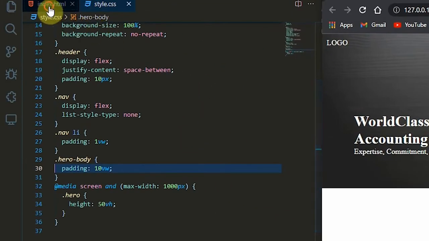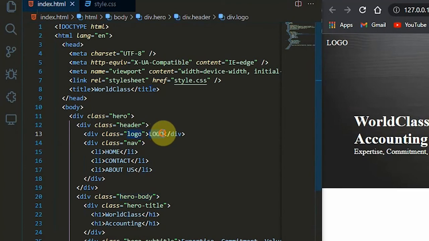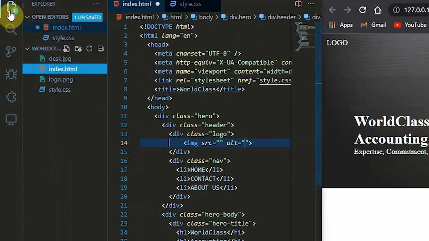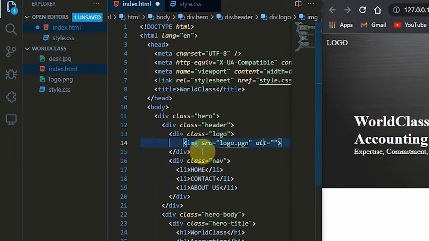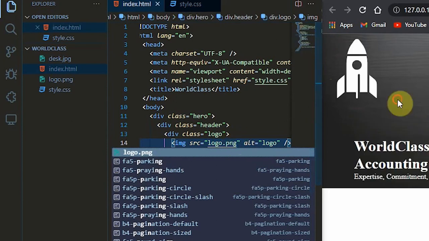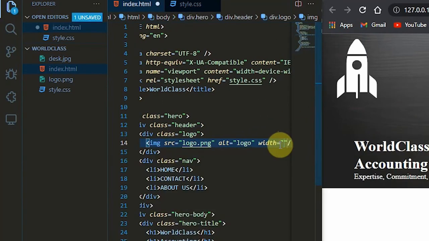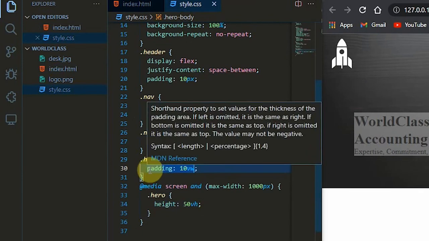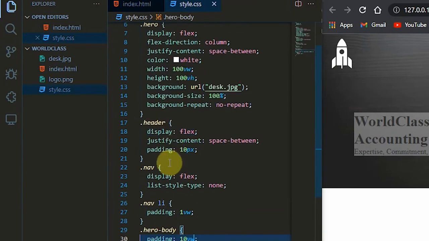So let's go to index.html. Here I mentioned logo, but I will change that to an image. For the source I will give the name I have given, logo.png. Alt I will give logo. The width I will change to 64px. Now it is not aligned with the text, so I will fix that. How much padding have I given? 10 view width. So in the logo